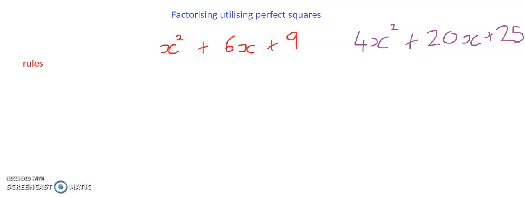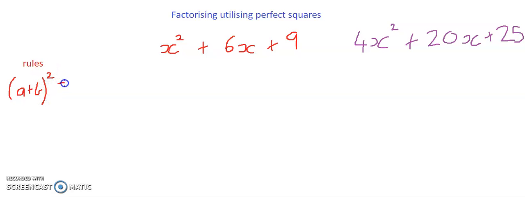Okay, so today we are going to be focusing on factorising using perfect squares. Now, the more that you've expanded and factorised, you should have started to see a rule emerge. And it's important for you to constantly expand and factorise with simpler ones, because you start to see these rules. And this rule is, if I've got a plus b